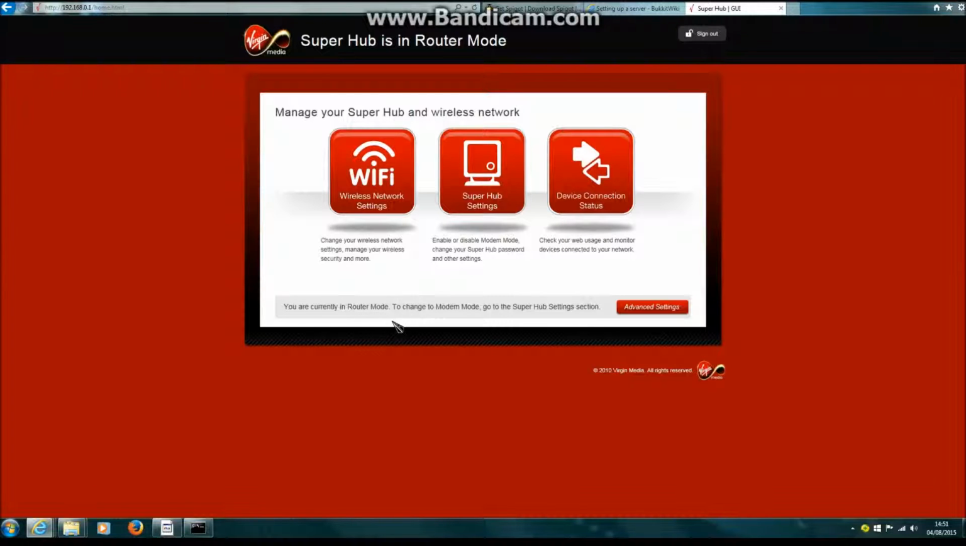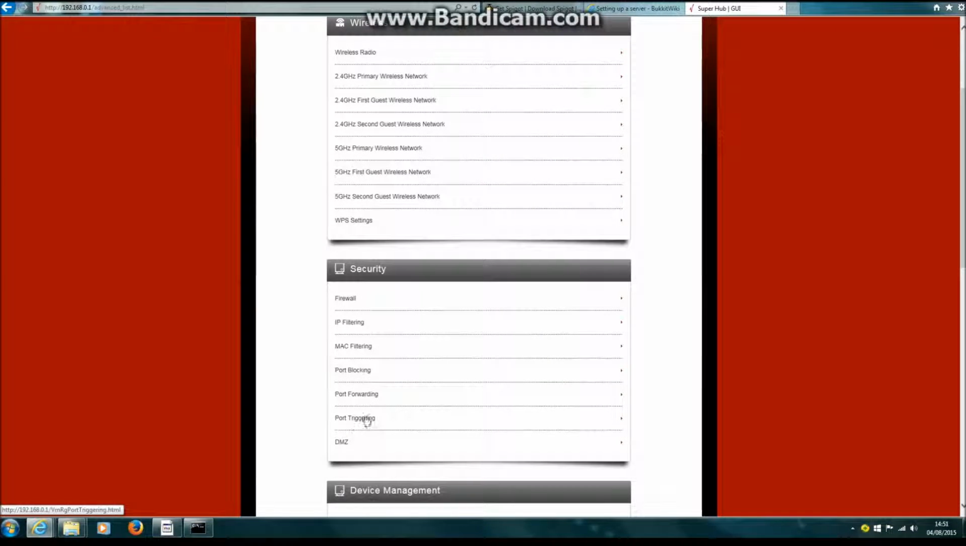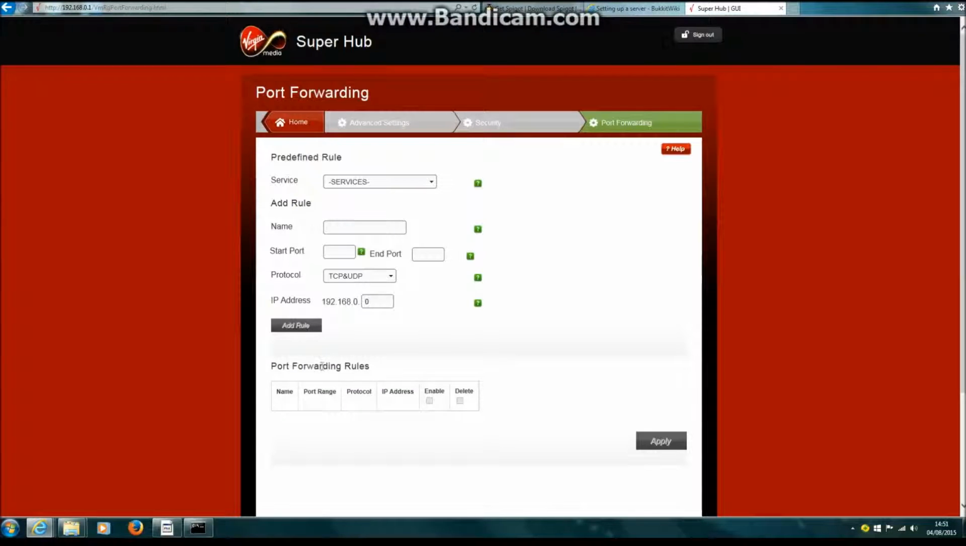This is where you need the command prompt again. Where it says your IPv4 address, there should be a number next to it. You can call this rule MC space server. I'm going to call it MC server, but you can call it whatever you want. This is where it's hard. Where it says start port and